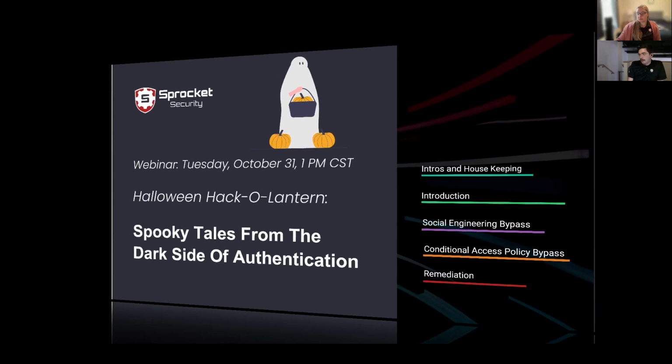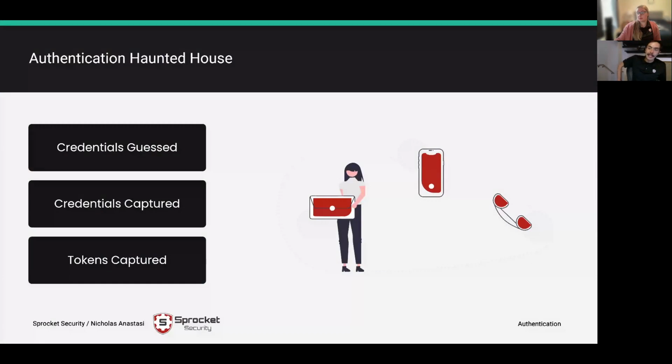So like I mentioned, every attack or technique that I describe throughout the presentation is going to hinge on one of these three things that we have up on the slide. So either our team guessed credentials, think, for example, we're password spraying or attempting to guess passwords across a number of organizations and find that one user is using summer 2023 exclamation point. I guess winter now that it's snowing here in Milwaukee, so let's say winter 2023 exclamation point, and we do see that the authentication was successful, but multi-factor authentication is enabled. So that's one scenario that we run into quite often.